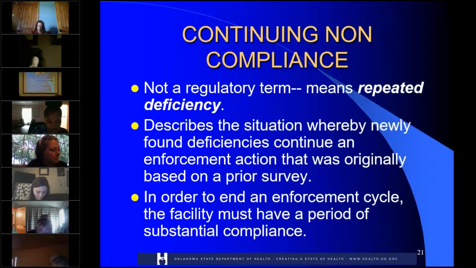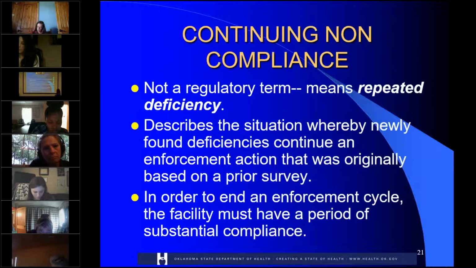So yeah, we go out, we clear it. Maybe you don't clear all your tags, but we clear F600. And then we have a complaint come in 2 weeks later and we cite it, then it's going to be something that's continuing on compliance. In order to end an enforcement cycle,